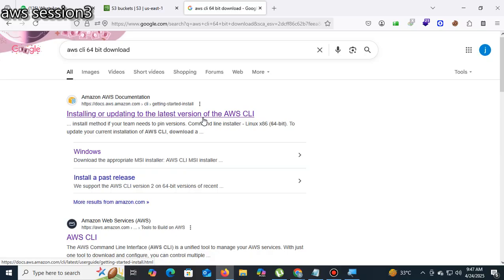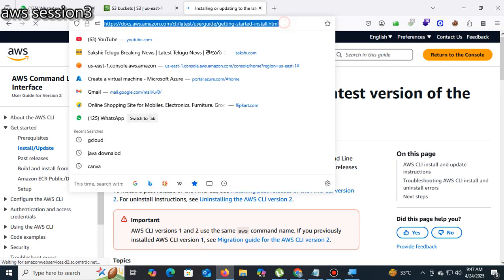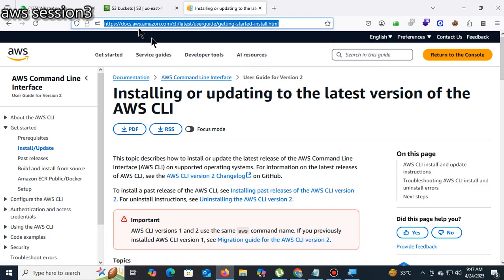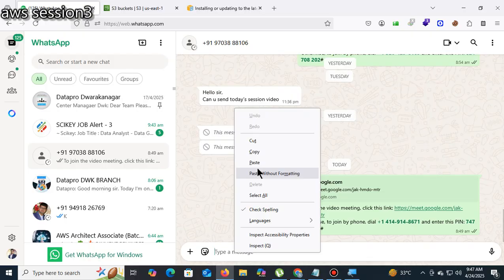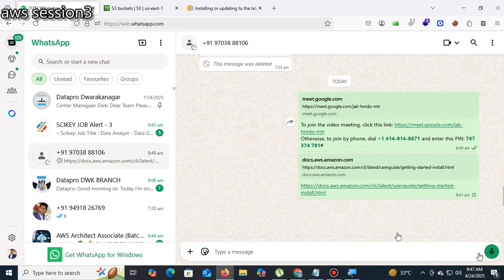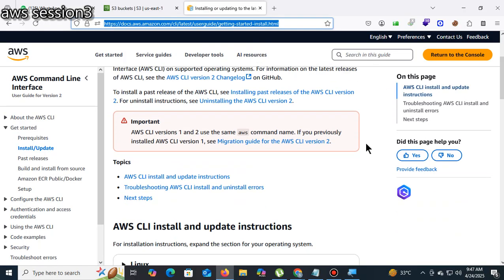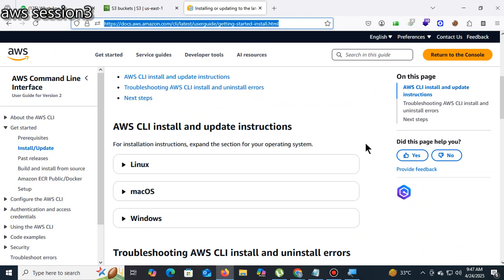Understood? I just click on this one. Here, from whichever machine you want to access, whether you are using Windows, Linux, or a Mac, no issue. From any machine we can access.